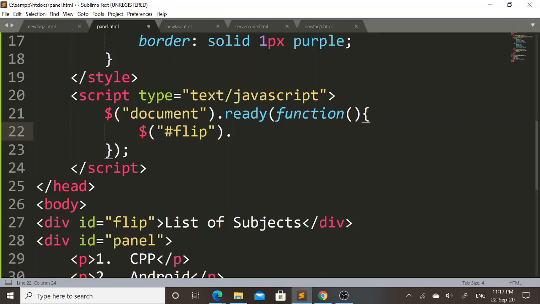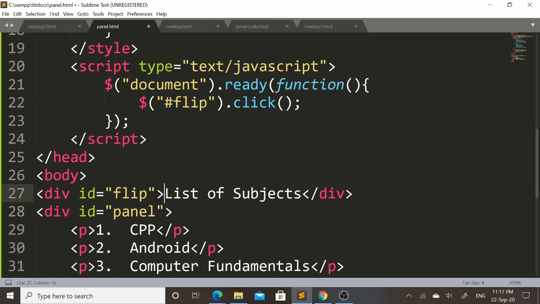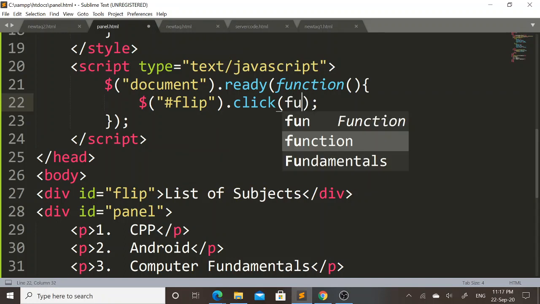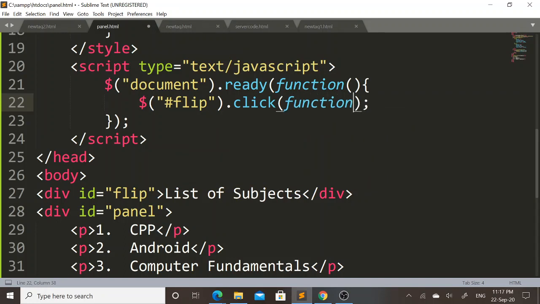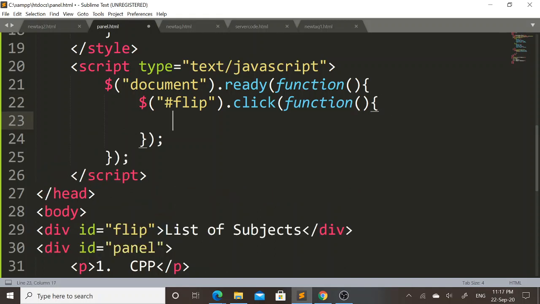Using dot operator I will call click event. So after clicking on list of subjects, I want to apply slide toggle effect on this second panel. To do that, within this click event I will pass one argument, that is function() { }.